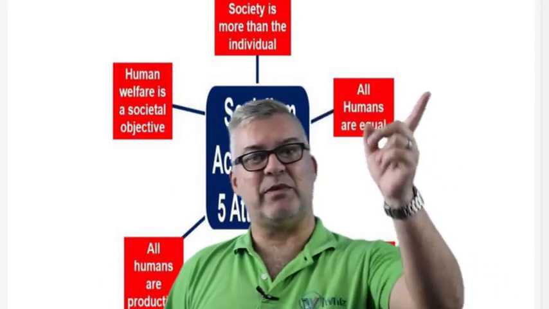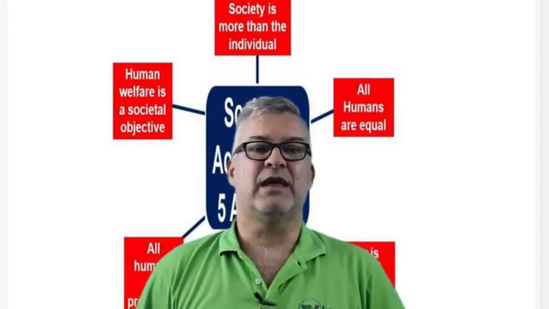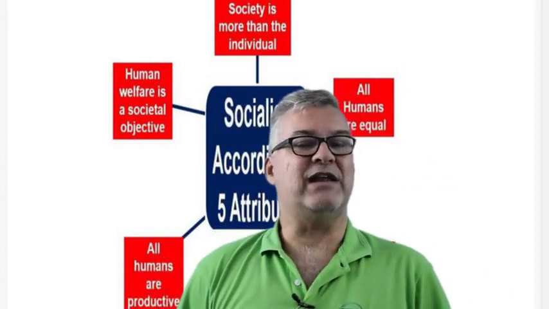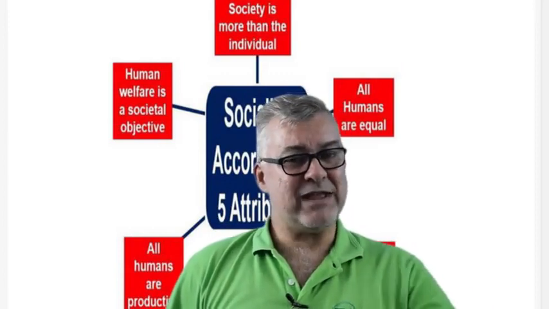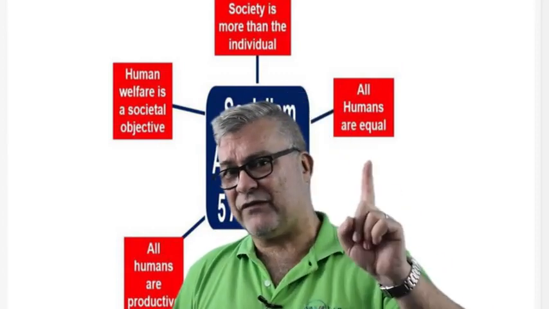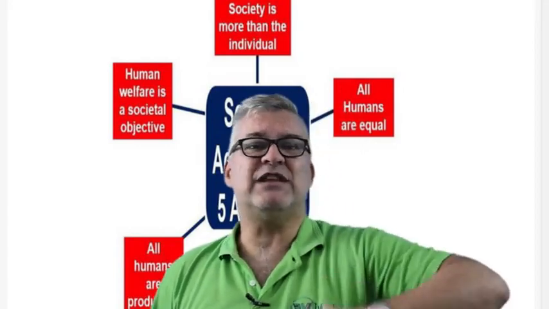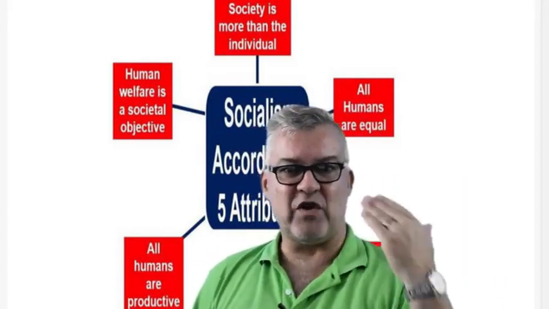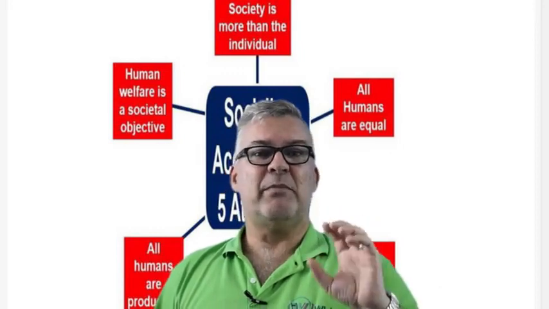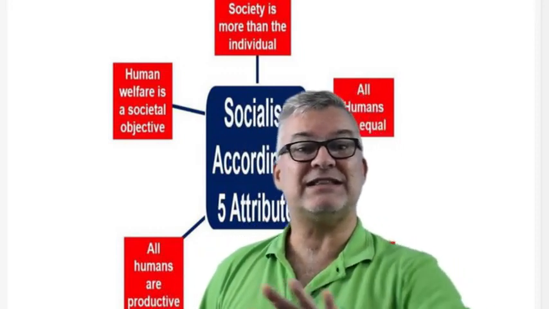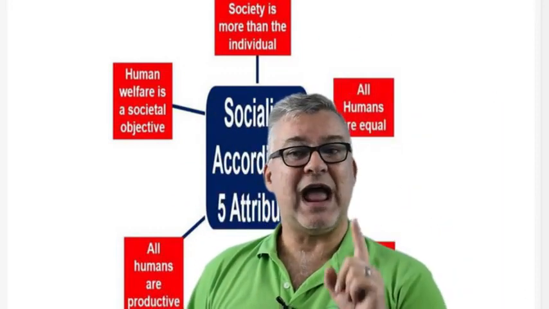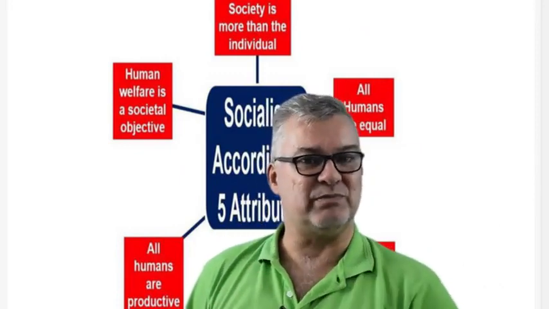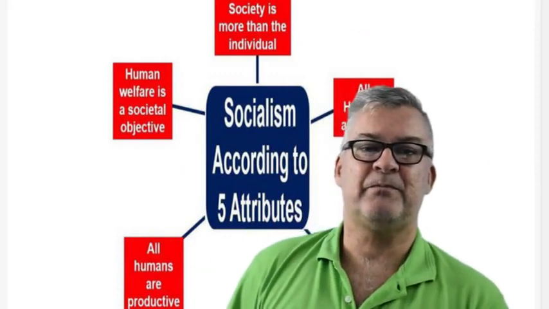And we'll start at the top and we'll go around clockwise. So at the top we see that society is more than the individual. Remember, in capitalism, it's the survival of the fittest. We mentioned that earlier, which means that you are the one who's going out and looking after yourself. You are first and foremost. But what they're saying in socialism is that the society as a whole is important, and you make up a part. So society is more than just an individual person, it's the country as a whole.